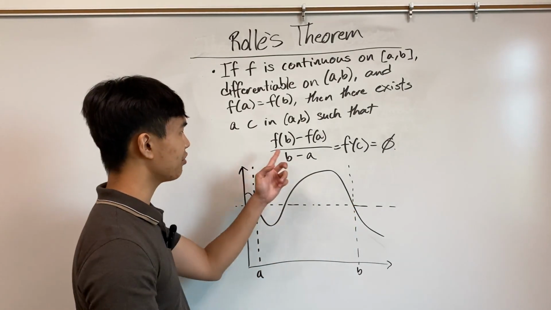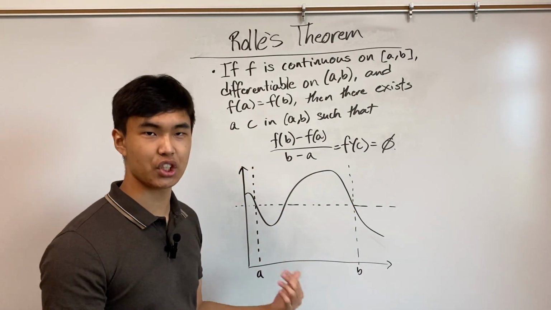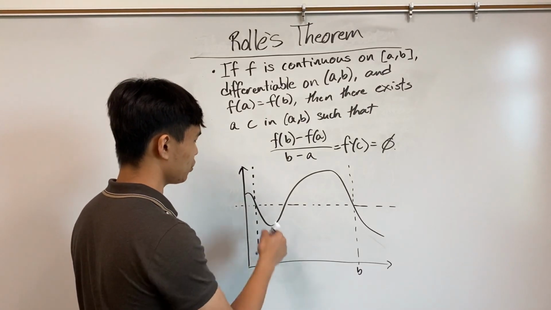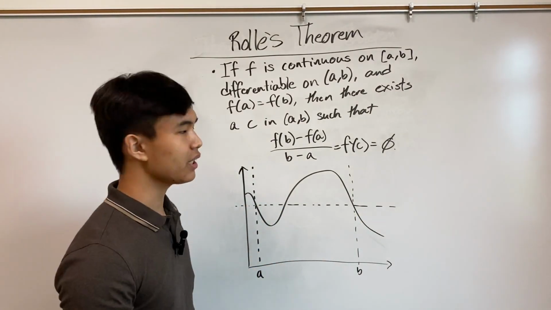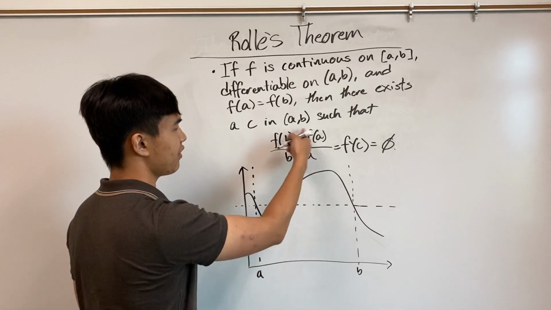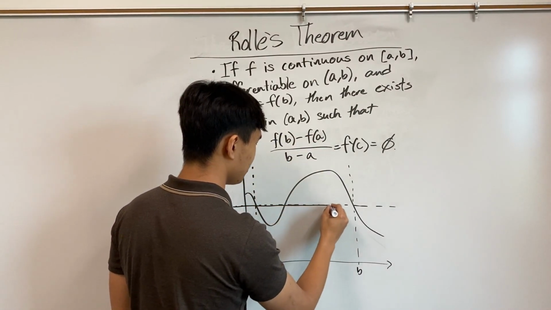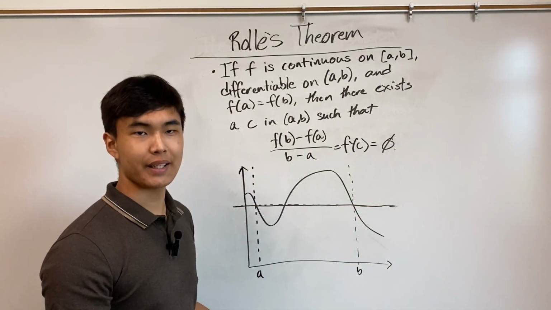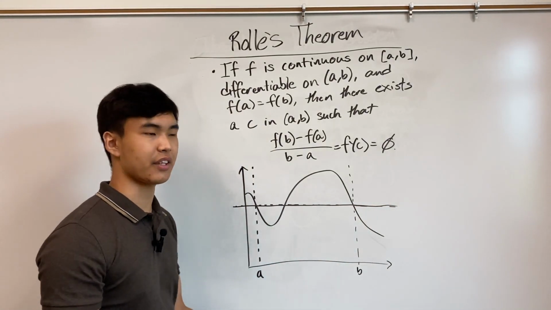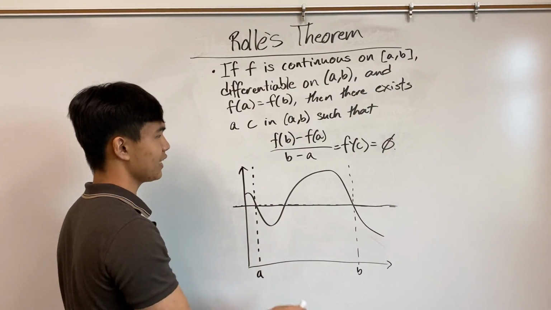If I want to find the overall slope in the interval, or the average derivative, then I just take the slope between this point and this point. But since f of a equals f of b, this on top goes to 0, so our slope across these 2 points is just 0. Then by the same argument we made in the mean value theorem, we're guaranteed a value c such that